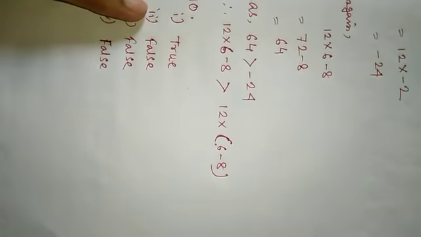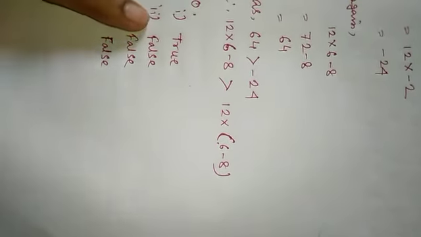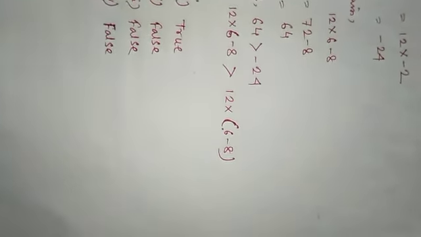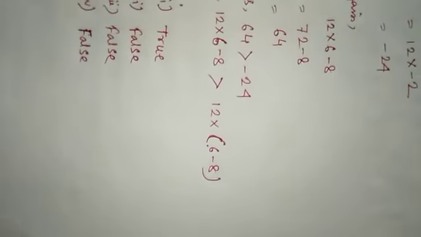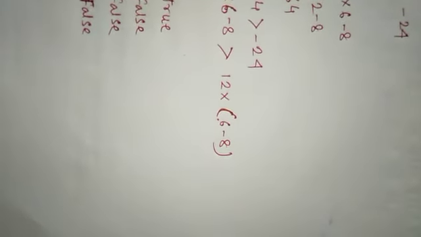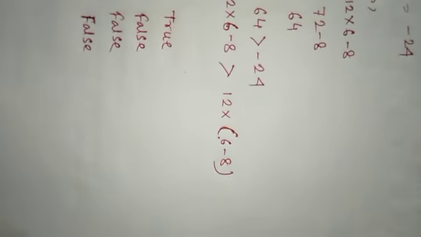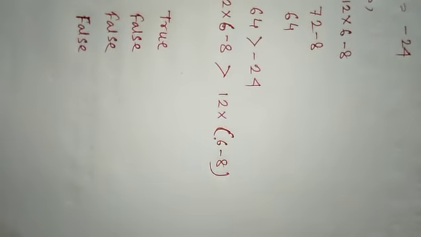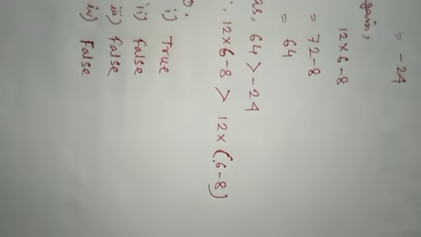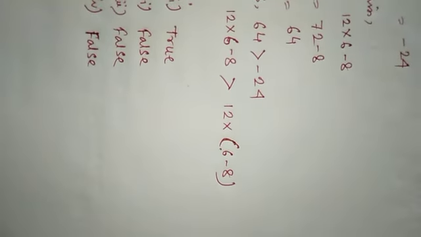Okay, so question number 2: the product of 120 negative integers and 121 positive integers is negative. It is also false. Why is it false? Because we know that the product of an even number of negative integers will be ultimately positive, and then the product of one positive integer with another positive integer will be ultimately positive. So the ultimate result will be positive, but it is given in the statement that it is negative, so it is false. Okay, so question number 3 and question number 4, they are also false.